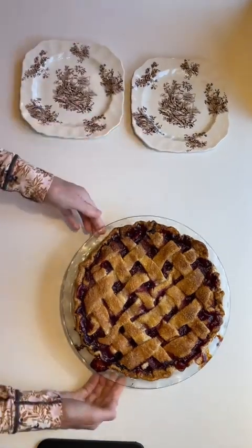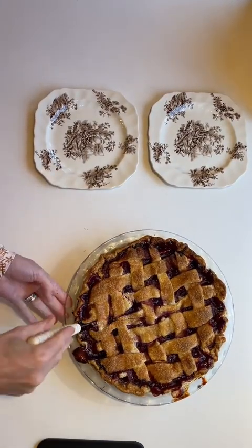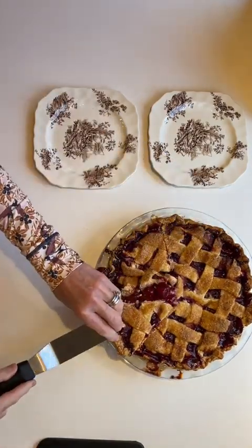It was dark, tart, and sweet, and a little complex because of the bourbon. Visually, a cherry pie is very pretty, but with a lattice crust,